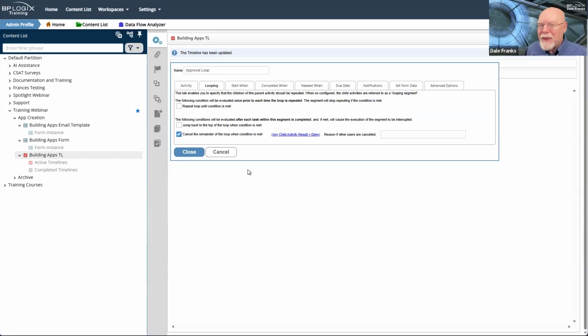I want you to keep that in mind because either rather later today or next week, we'll have to come back to that and that will make some sense. This is the minimum configuration that I'm going to need for an approval loop that I create.